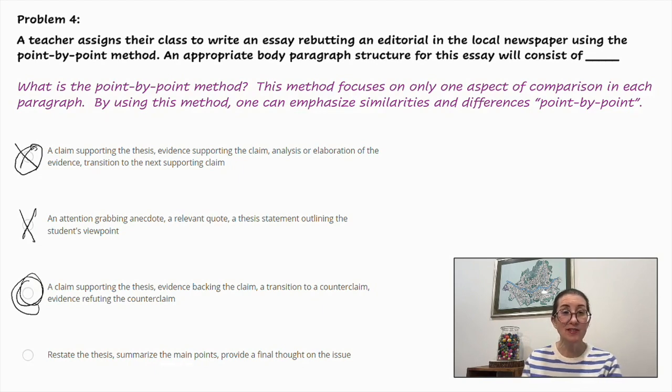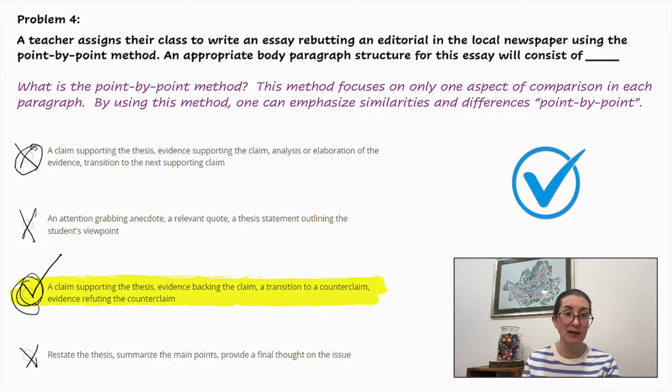Restate the thesis, summarize the main points, provide a final thought on the issue. That would be part of the conclusion. And again, we're talking about the body paragraphs, so we can eliminate that. So the correct answer is a claim supporting the thesis, evidence backing the claim, a transition to a counterclaim, and evidence refuting the counterclaim. I hope I was able to clarify this subtopic of writing, text types, purposes, and production